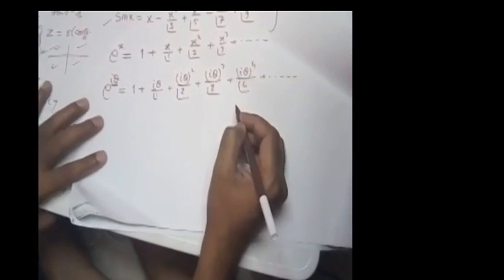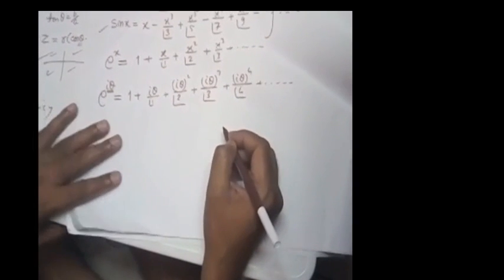But we know that the powers of i we can convert into i or minus i or 1 and minus 1. So if we use this formula,